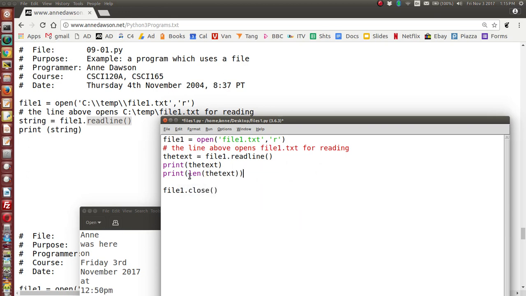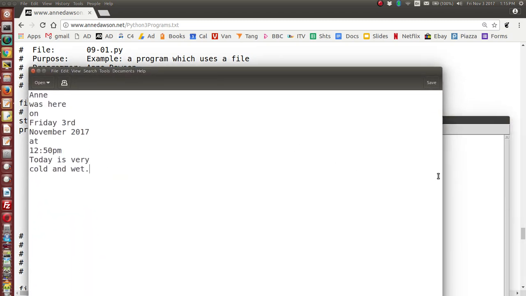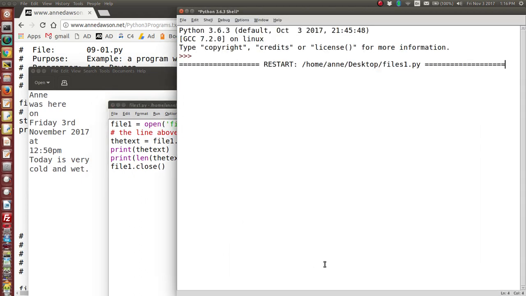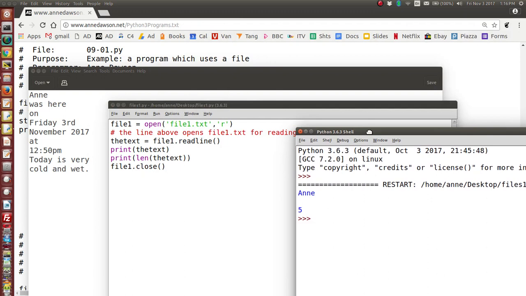And let's run this again and see what happens. Now here is our text file. Here is my program, and let's run the program. Now it's telling me that the length of my string is 5. Now if you look here, it looks like the length is 4. Now it's also counting the hidden new line character, which is stored as the escape character \n at the end